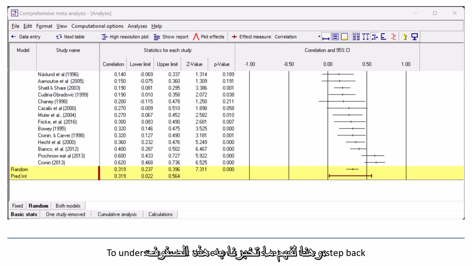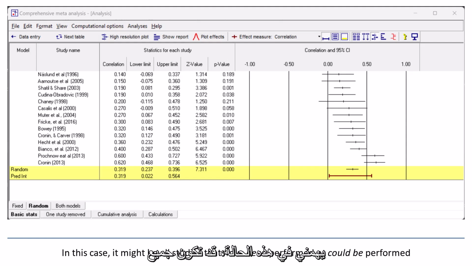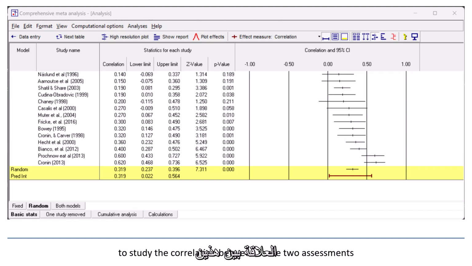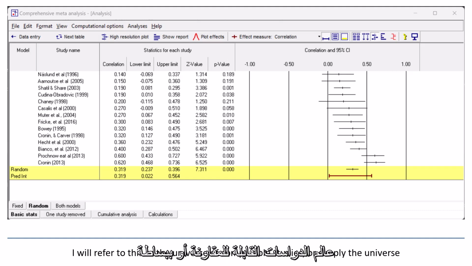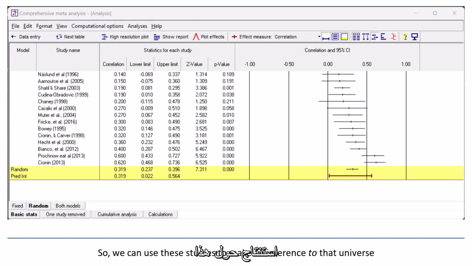To understand what these rows tell us, let me take a step back and explain the goals of a random effects analysis. When we perform a random effects analysis, we assume that there is a universe of potential studies that we care about. In this case, it might be all studies that have been performed or could be performed to study the correlation between these 2 assessments. I'll refer to this as the universe of comparable studies, or simply the universe. We assume that our 14 studies are a random sample from that universe, and so we can use these studies to make an inference to that